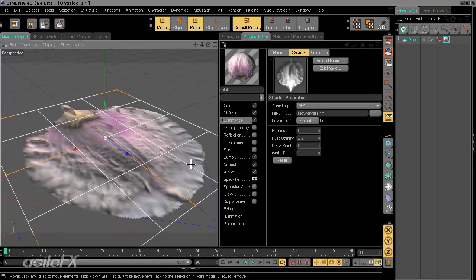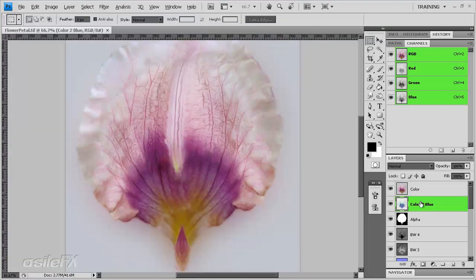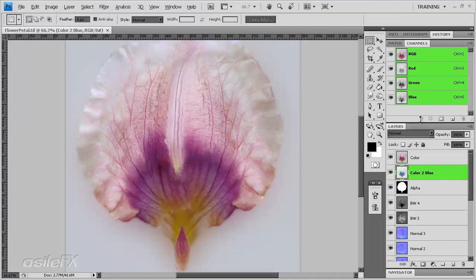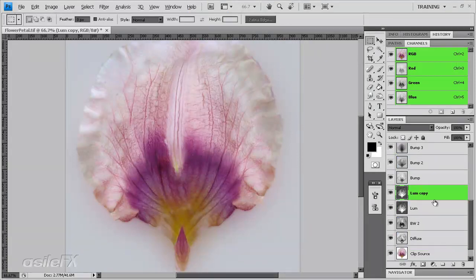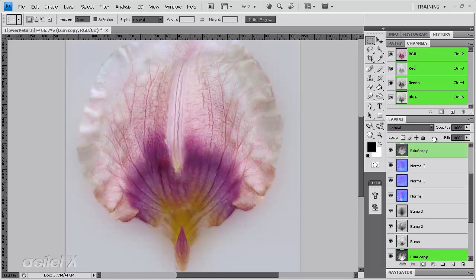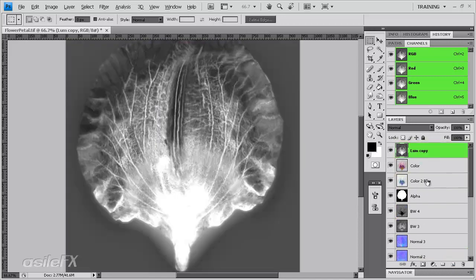So what I think I'm going to go ahead and do is go back into Photoshop, which is where I created the material, and just grab that luminance layer, create a copy, go all the way up to the color, which I'm also going to create a copy of, and modify just kind of the brightness of the